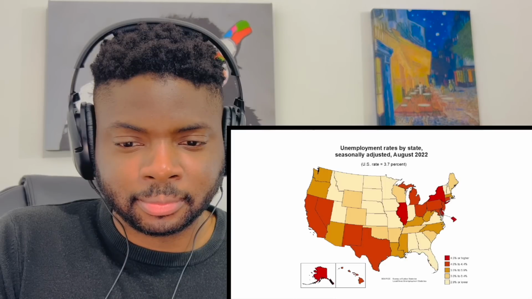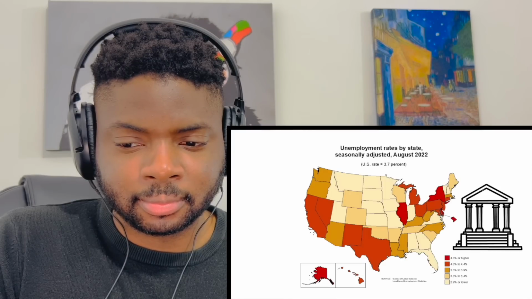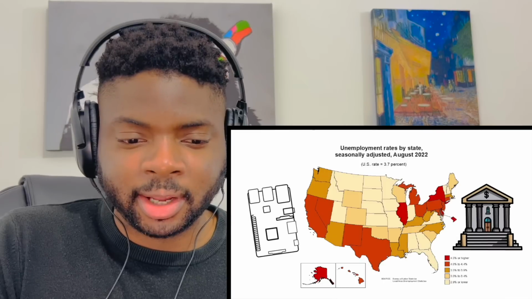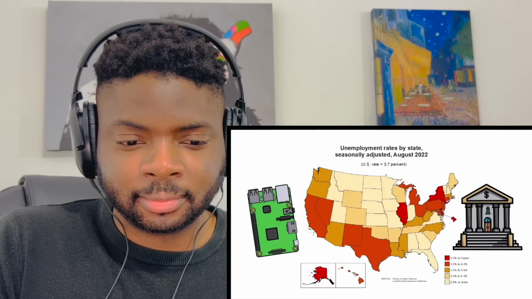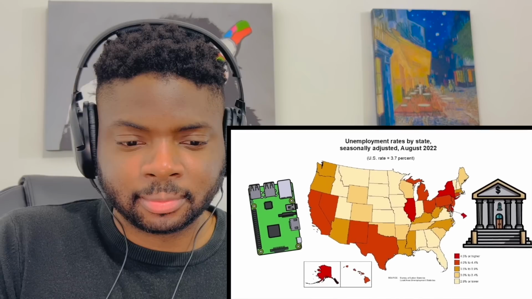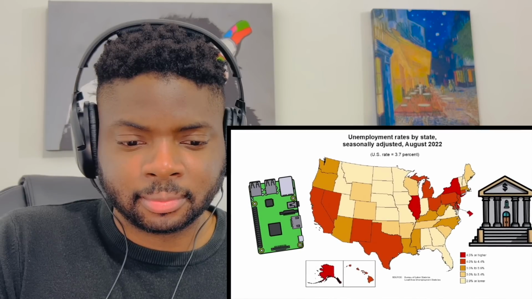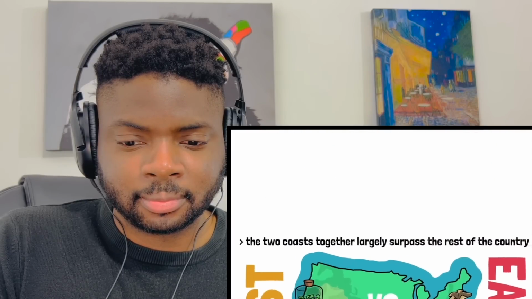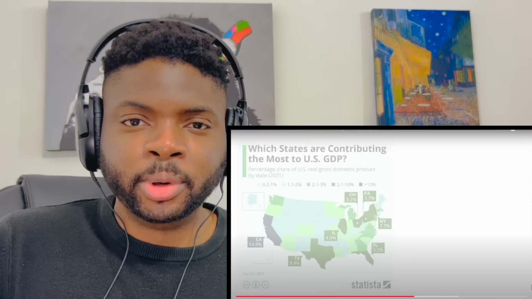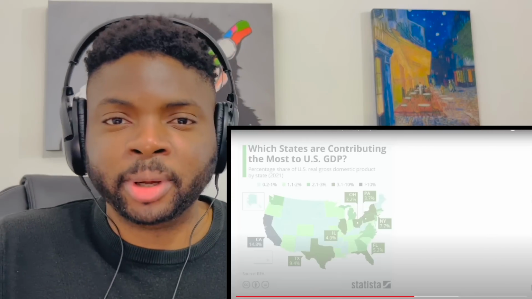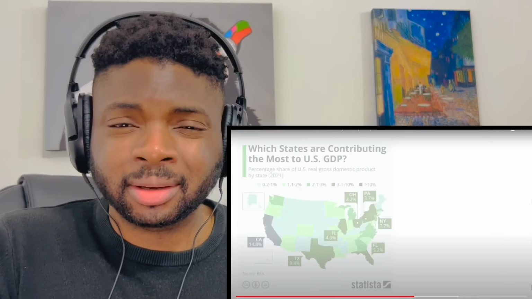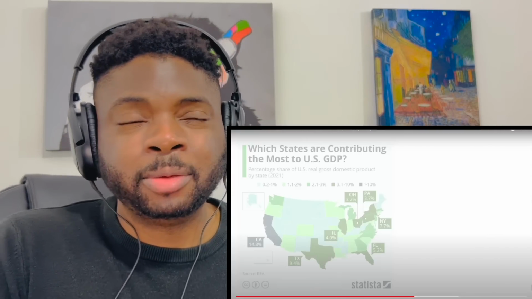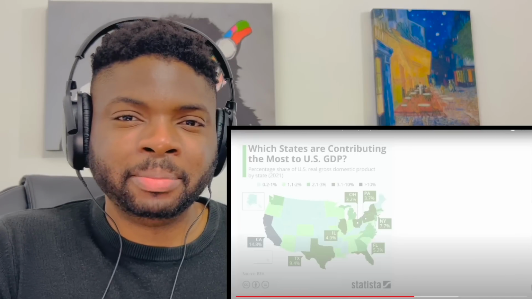Economically, the West is more of a center for technological companies and new startups, while the East is more the financial center of the country, especially up north. The unemployment rate is something that changes all the time, but right now it seems pretty balanced between the two coasts. Regarding the GDP, in this map, I imagine a lot of people move to both of the coasts for economic opportunities as well. Probably a lot of jobs, and you probably earn higher wages, I would imagine, in both coasts.